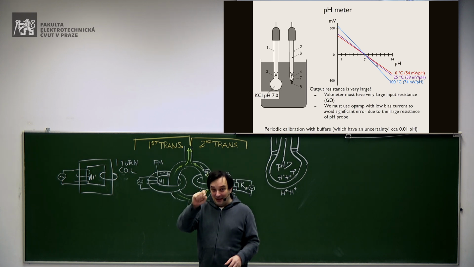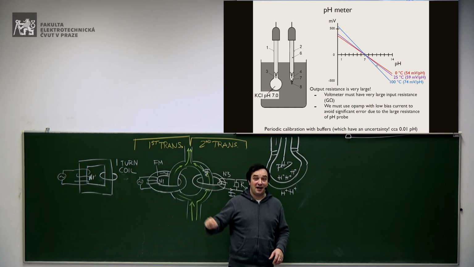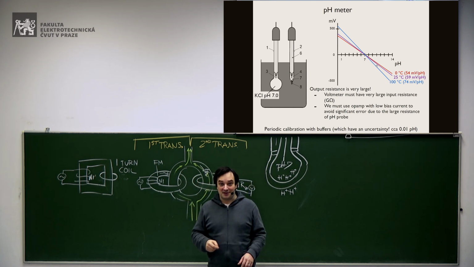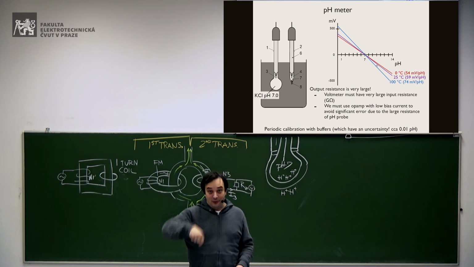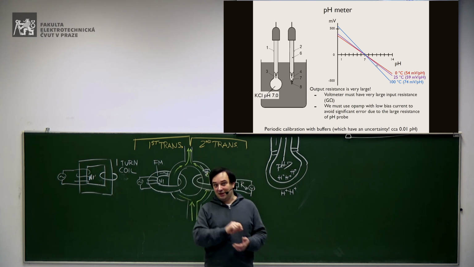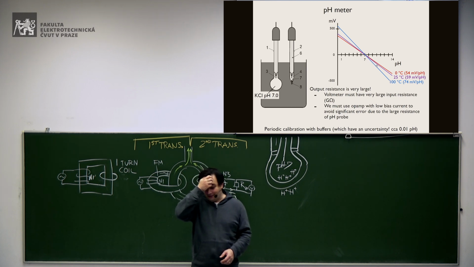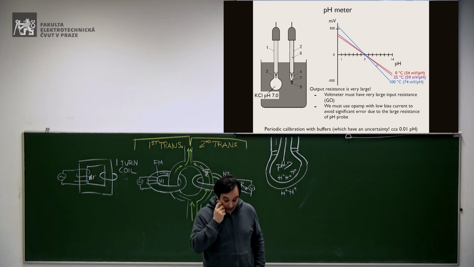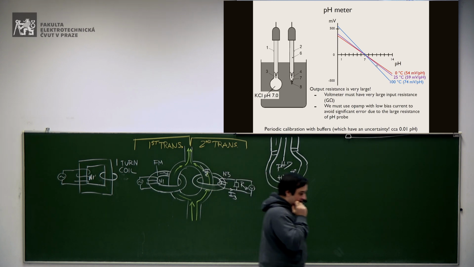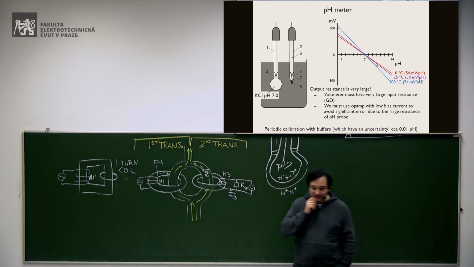And then they said, well, this correspondence between millivolts and pH is valid for 25 degrees, for instance. And then you had always to measure by yourself the temperature and make your math and calculate the correction of the temperature, okay?